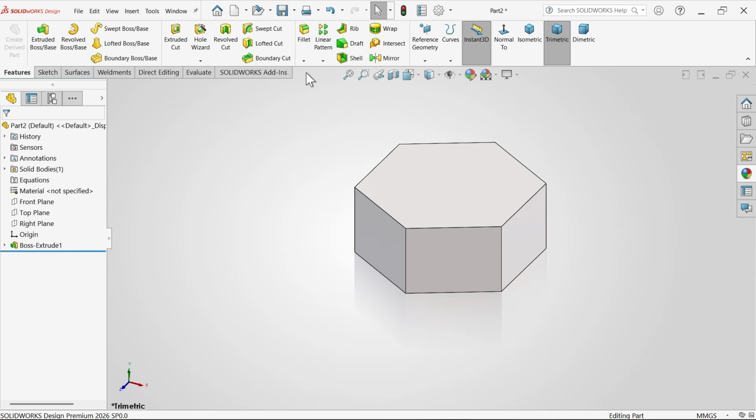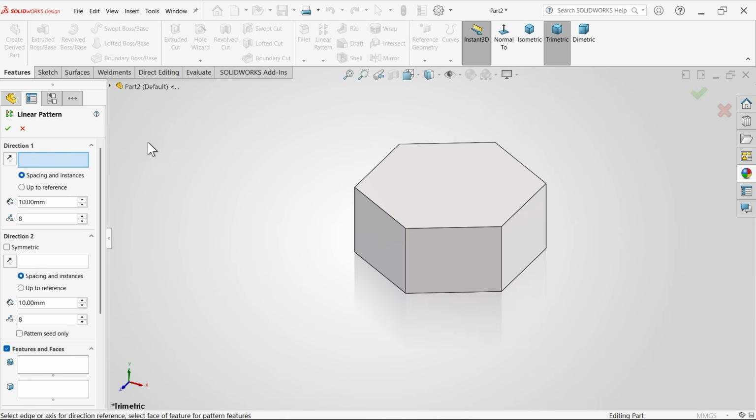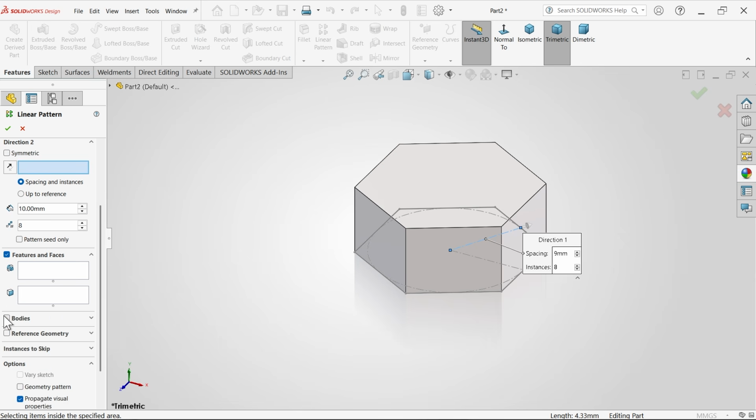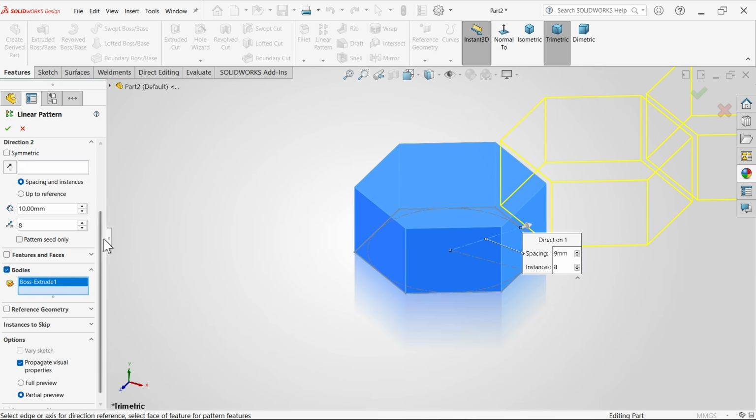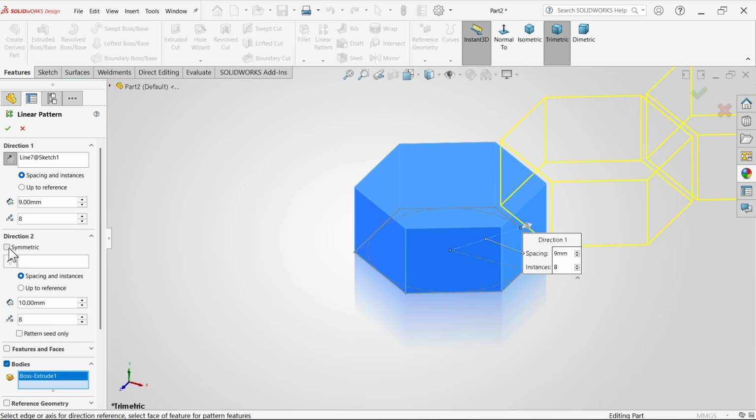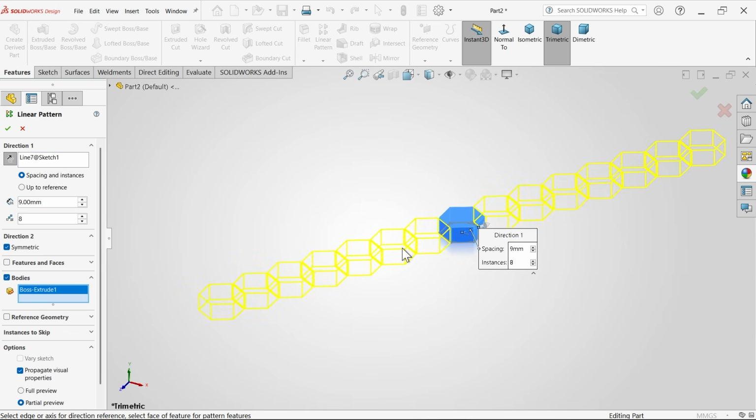See, now let's activate linear pattern. Drop down and here show sketch. Now in this case, choose this one, see the arrow, keep spacing and instances, distance 9, and number of patterns 8. Come down here, choose body, select this body. Now here choose symmetry. If we choose symmetry, material flows both sides equally. We selected 8 on one side, 8 on the other side. Okay,